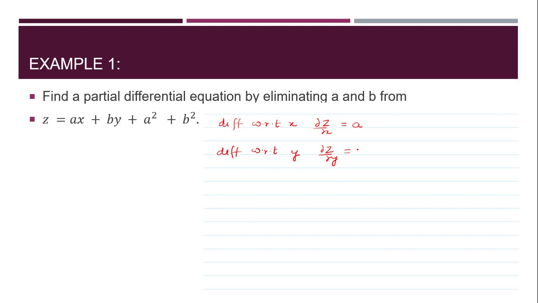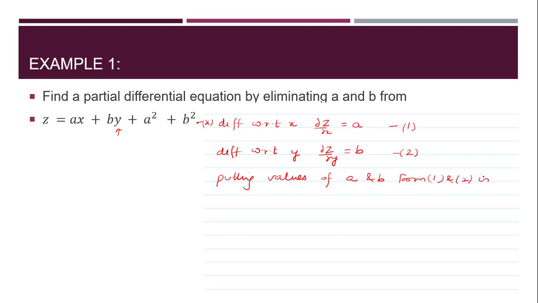This y will give me 1, and otherwise all are 0. So I got the values of a and b; let us say these are number 1 and number 2, and let me mark this one as asterisk. Right? So I can say, putting the values of a and b from 1 and 2 in asterisk,